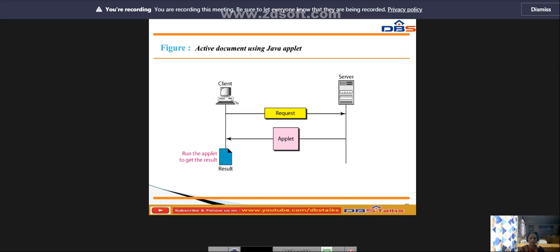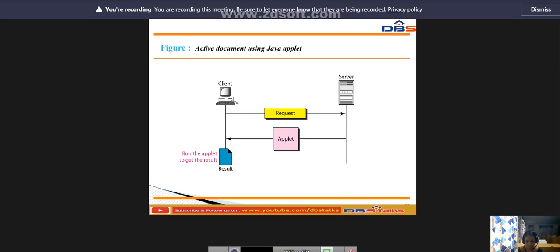The scripting language used in this case is usually JavaScript, which resembles Java. It is a very high-level scripting language developed for this purpose. It shows how JavaScript is used to create an active document.